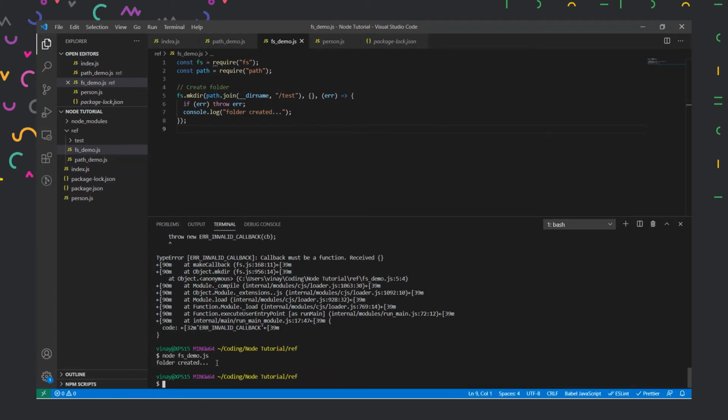It will show that folder is created. So this is the function we declared over here. This function is the function we created, but the main function which we wanted to implement was mkdir. You see both the functions are simultaneously run, and then we see the test folder is created over here. Now, writing into a file system also means we can write into a file. So let us create a file now and write something into it.